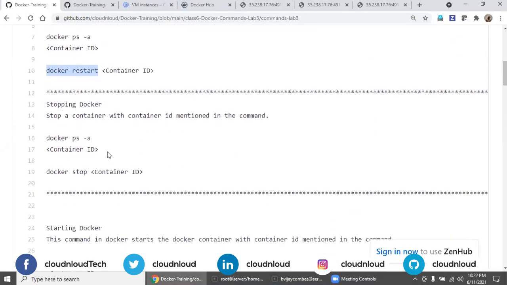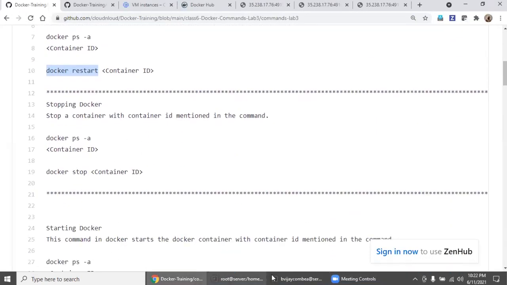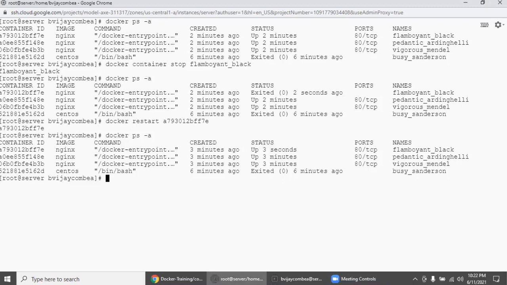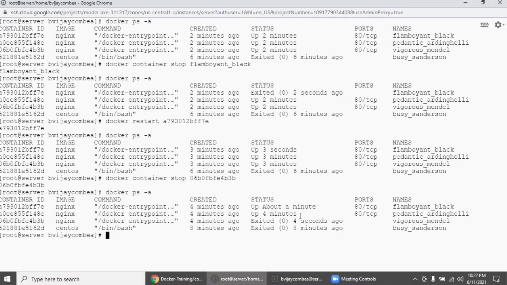Stopping Docker: just now we did, but we will do it again. The more we do, the more confident we are, right? So docker container stop. What is your preference? I always prefer 3, so we'll go with 3. Copy this and check the output again. See, the third one which was running, 4B, 3B, the same one here, is now in exited state, right?